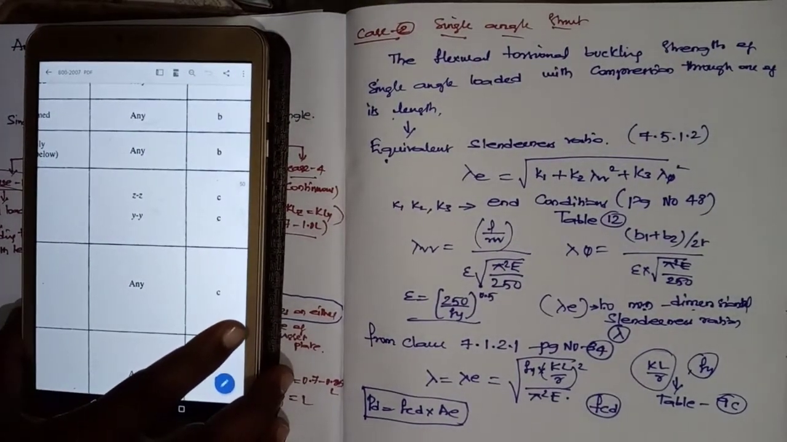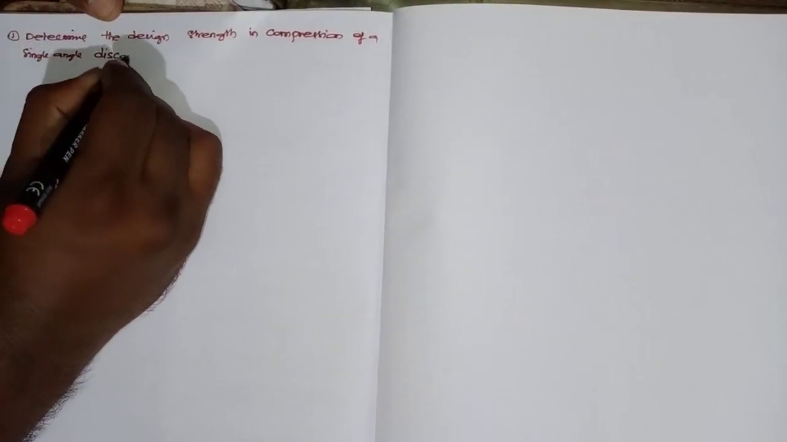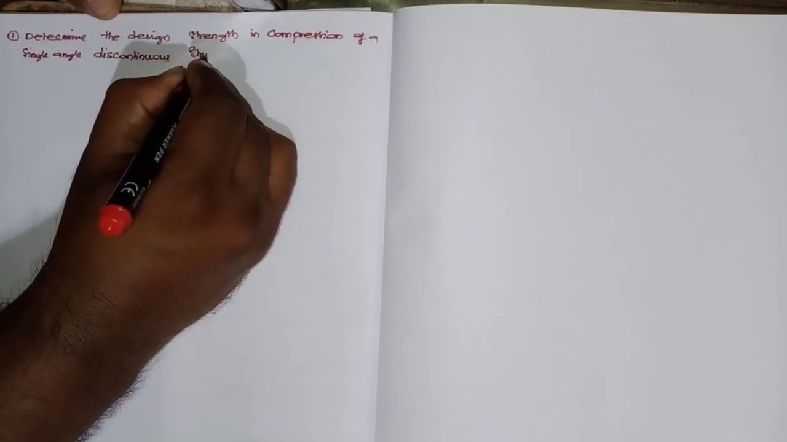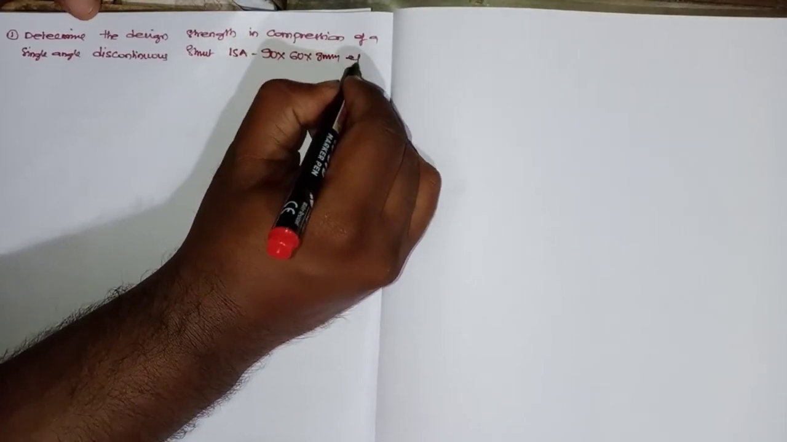Now we'll try to solve one problem. Determine the design strength in compression of a single angle discontinuous strut ISA 90 by 60 by 8 mm of length